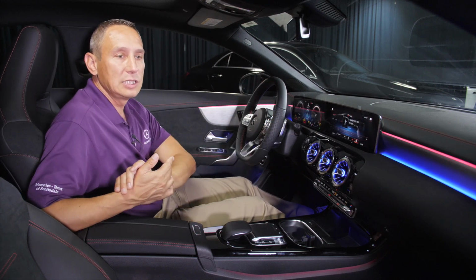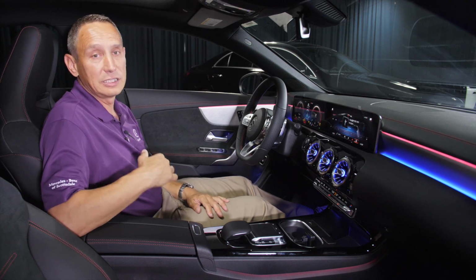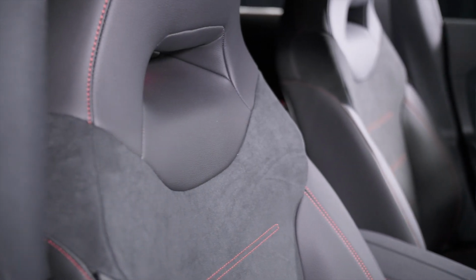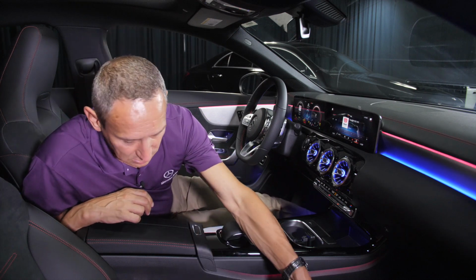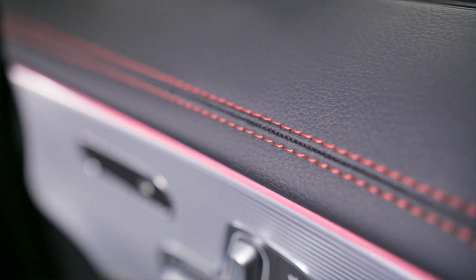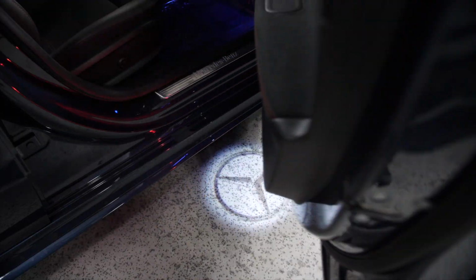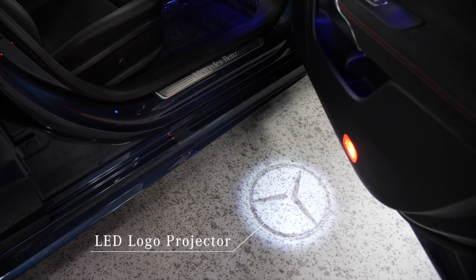But I would like to continue with some of the more important things that we're going to compare between these two vehicles. You're going to have different seats. This is the black MBUX meshed with the Dynamica. The central part is Dynamica, like a suede, and it comes with red stitching. Many people think that looks cooler and nicer, compared to the regular MBUX that we're going to show you on the other one. I just think this one looks a little bit cooler and nicer, and being here in Phoenix, Arizona, Scottsdale, I think we'll definitely appreciate this Dynamica a little better,